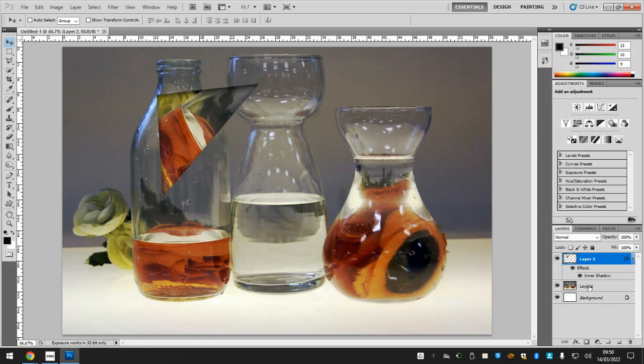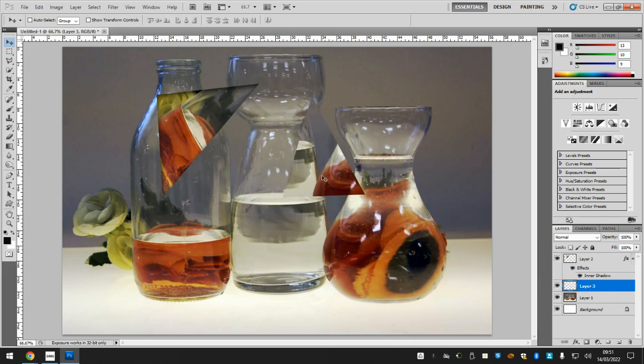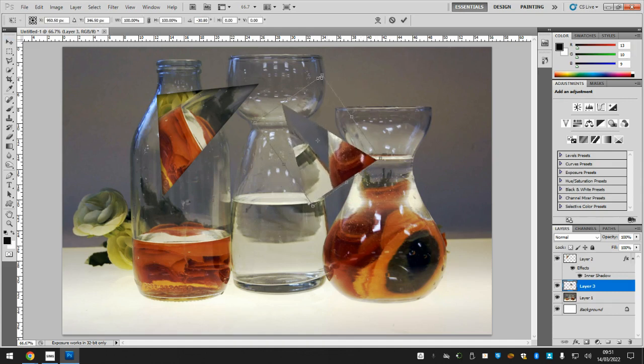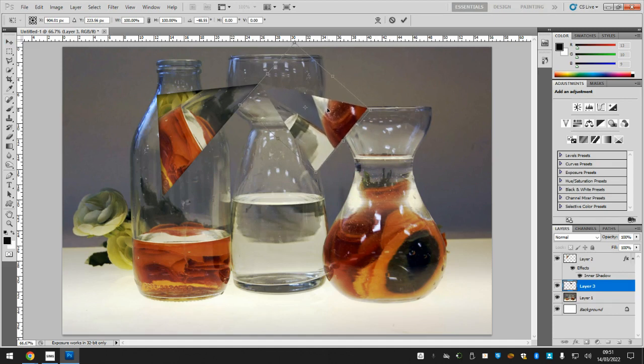Now I'm actually going to go back to layer 1. I'm going to go to my polygonal lasso tool, and I'm going to draw another triangle, and I'm going to do the same thing. So Control C, Control V to copy, and then to paste it. I've got my new layer. Press the V tool to move that layer. Press the transform controls. I'm going to spin that around a little bit like that, and I'm going to put that up here. Maybe I'll move it a little bit more,